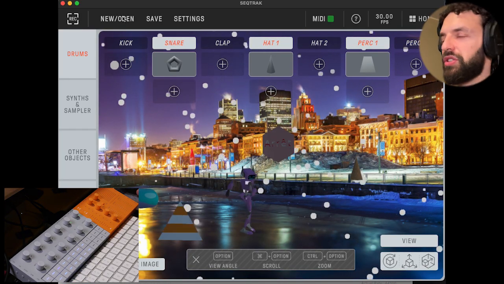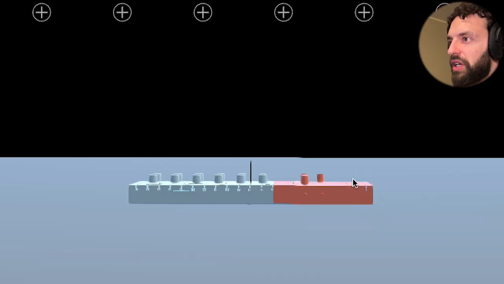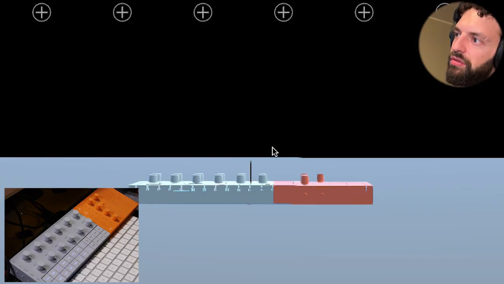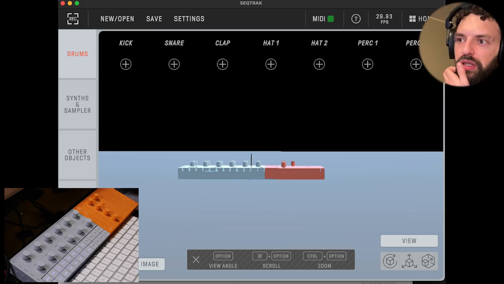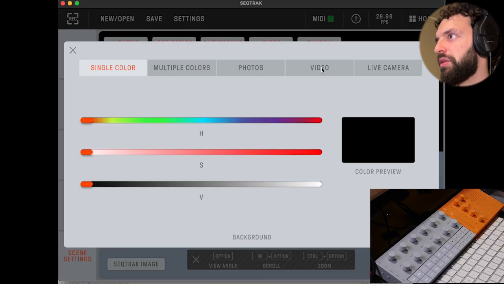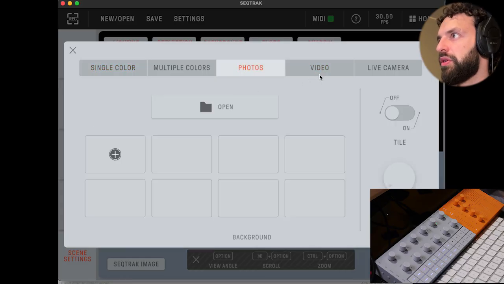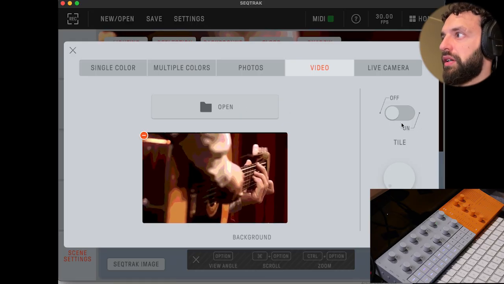But anyways, let me just do a new project from scratch. New. Yes. So you have this. I like to kind of just have the Seqtrak just right over here at first, so it gives you kind of a reference. But also what I like to do is go into the scene settings and then afterwards go into background. And over in background, I usually put a photo, but in this case I'm going to put a video. I'm going to open a file that I have already prepared before of the song that I sampled,